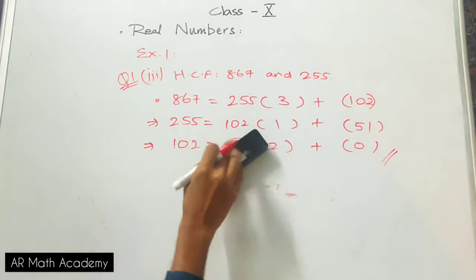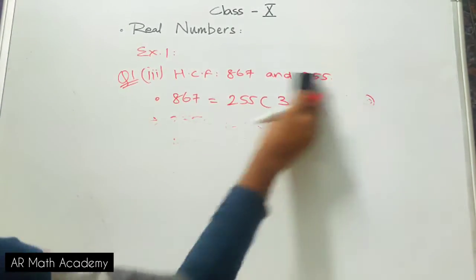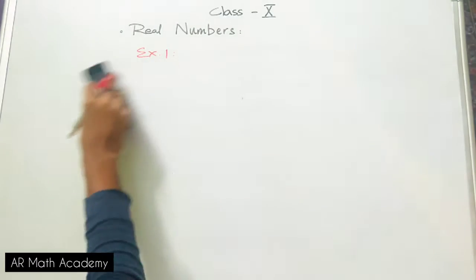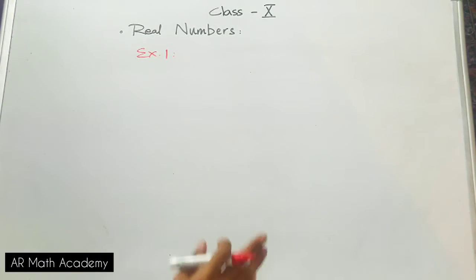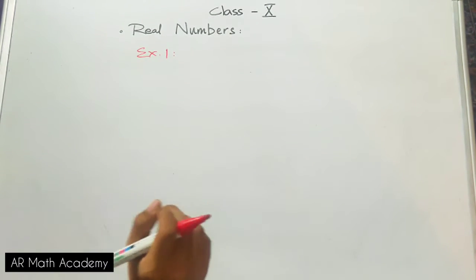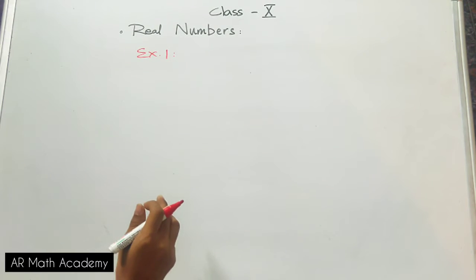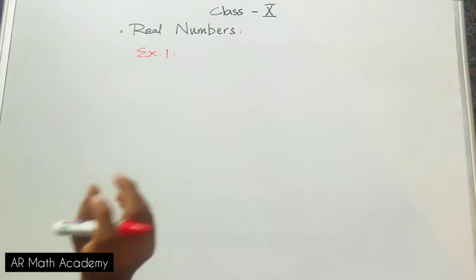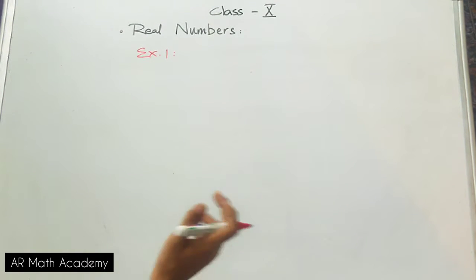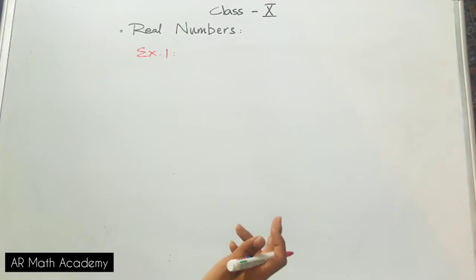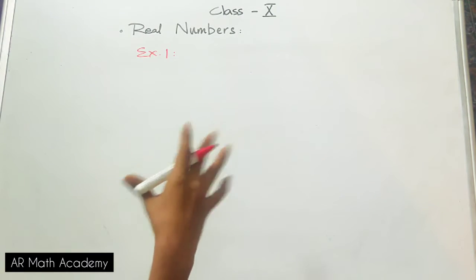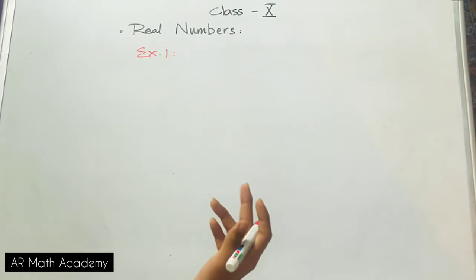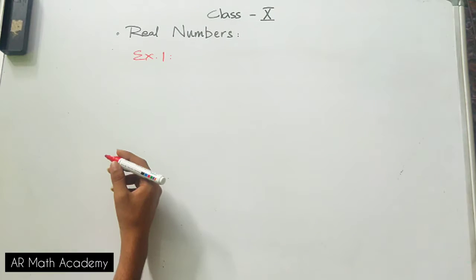So that was subdivision 3 of question number 1. Simple, right? You have to use Euclid's division lemma to solve every other problem if they have asked us to do so. They are asking us to find the HCF of these given two numbers using Euclid's division lemma only. But sometimes they might ask us to find it using prime factorization methods. Those are different methods which I've already taught you in my previous videos. So go check them out as well.